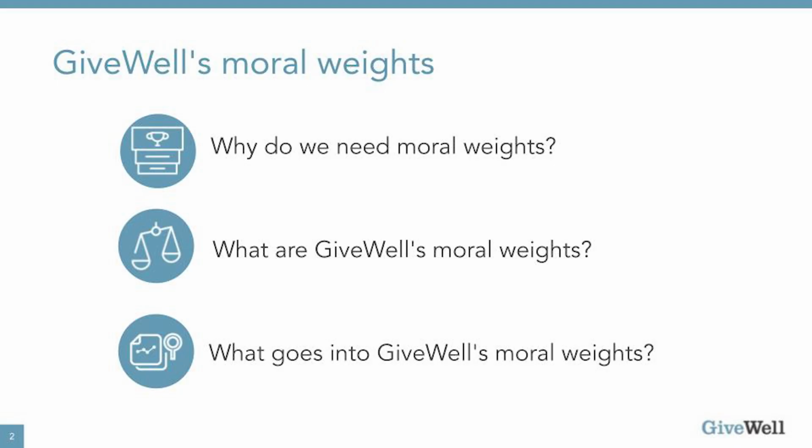Thanks, everyone, for coming and for having me to talk a little bit about how GiveWell thinks about measuring good outcomes. And we do this with a process called moral weights. The one question that might come to mind is, why do we need these moral weights? Why do we need to measure this good? That's because GiveWell has charities that do different things. Some charities increase consumption and income. Other charities save the lives of children under 5. Other charities save the lives of people over the age of 5.